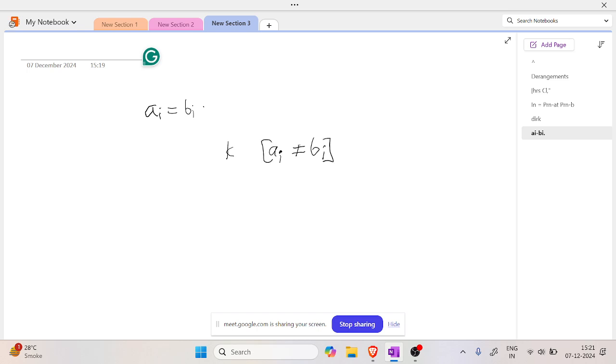Let's calculate dp of k, where dp of k is the expected number of moves required to get to both strings equal for the first time when you have k mismatches. So you already do one move. Obviously, a base case is that if k is zero, then dp of zero is just zero because you don't need to do any more moves. And for k greater than or equal to one,